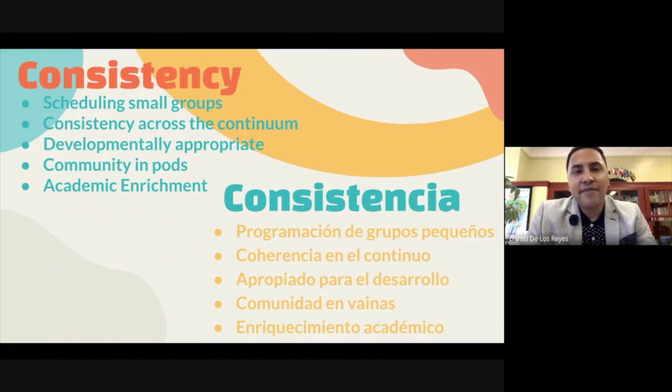And we have done so because it is developmentally appropriate. We know that children cannot be in front of a screen for so long. Hemos programado grupos pequeños porque es apropiado para el desarrollo. Y lo que significa eso es, no queremos que nuestros estudiantes estén enfrente de la computadora por muchas horas. Lo que vamos a hacer es, dentro del horario, van a estar enfrente de su maestra, van a tomar tiempo independiente y después en grupos pequeños va a regresar con sus maestras para preguntar cualquier cosa o aprender más en